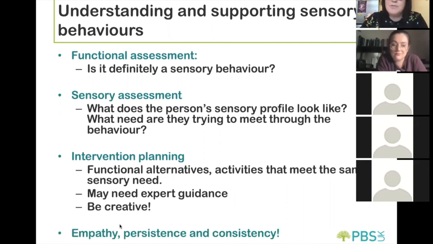And with all of these things, and with any behavioural intervention really, empathy is hugely important. Having an understanding of what that person is going through and why they're doing what they're doing. Persistence, too. It's not going to change overnight. You need to persist, though obviously not indefinitely. If things aren't changing for a long period of time, you might need to review them. But if things don't change immediately, that doesn't mean it's not going to change. You need to be persistent and consistent as a team. I think that's really important too.